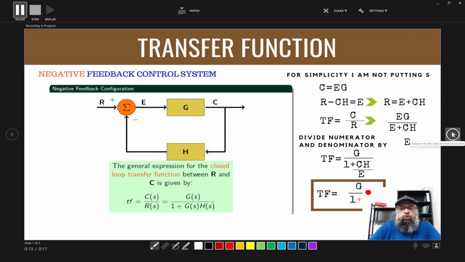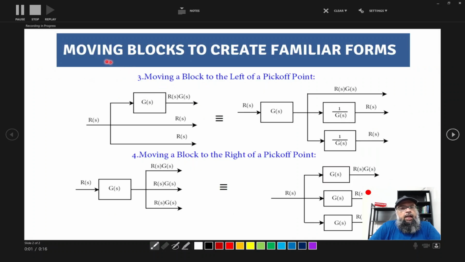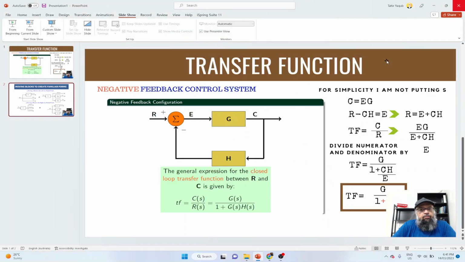Then I move to the next section and I can explain my next slide, whatever is written here, moving blocks to create familiar forms. And this is what I'm explaining right now, and this is being recorded as a video. And when I'm ready to stop, I click on stop. So I wanted to create a short video, and now I click on this cross, go back to my slides,